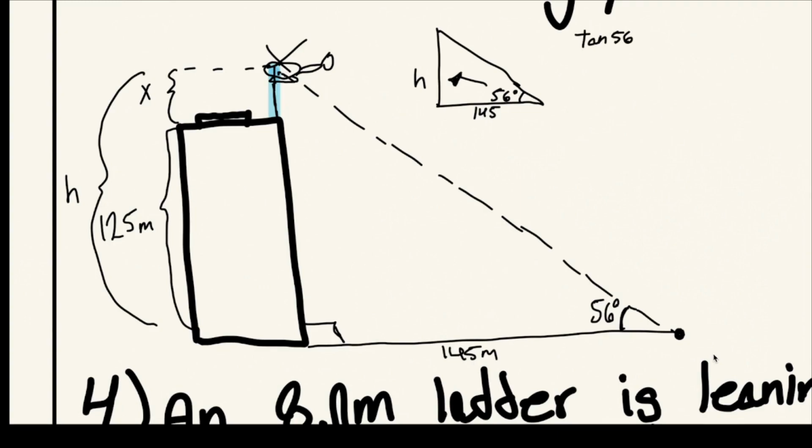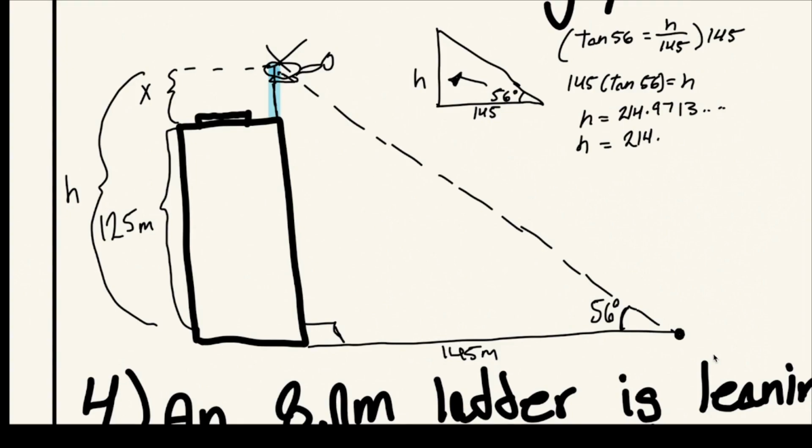So it's going to be tan 56 equals the H value over 145. Now, all we have to do is multiply both sides by 145. So that's going to be 145 times tan 56 equals H. Let me do it real quick. 145 times tan 56 is going to be around 214.9713, right? So H equals